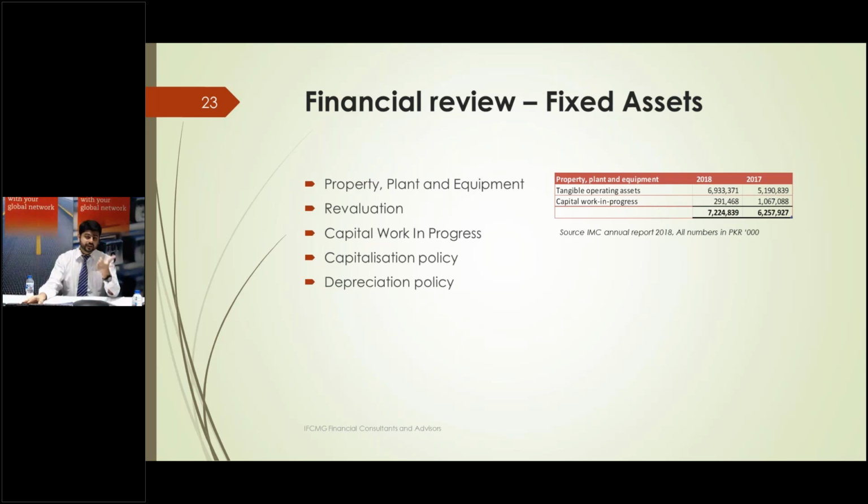Contrastingly, trading businesses like retailers or restaurants or any other finished goods trader would probably prefer to have retailing premises on rent because their space requirement is much lesser and the turnover period is much higher. So this is a difference that you should consider when analyzing property, plant and equipment.